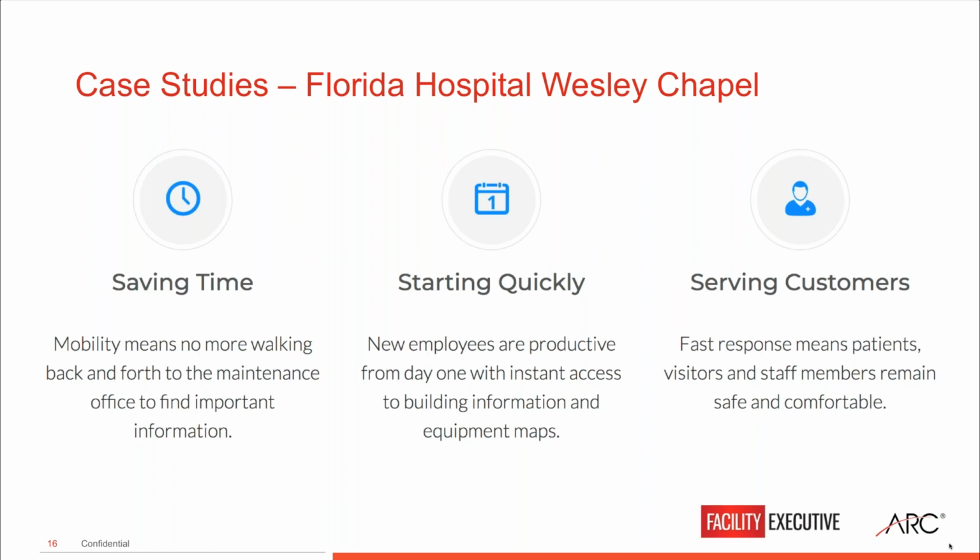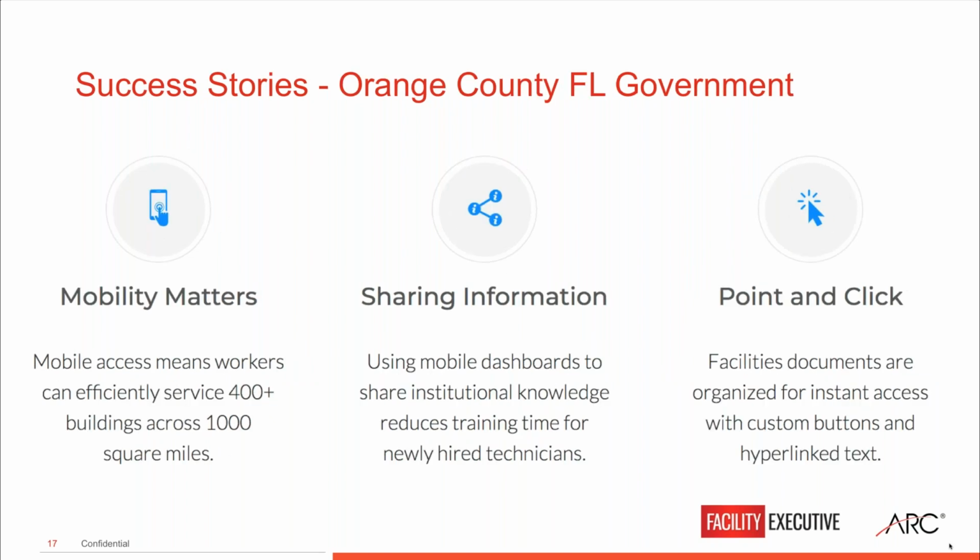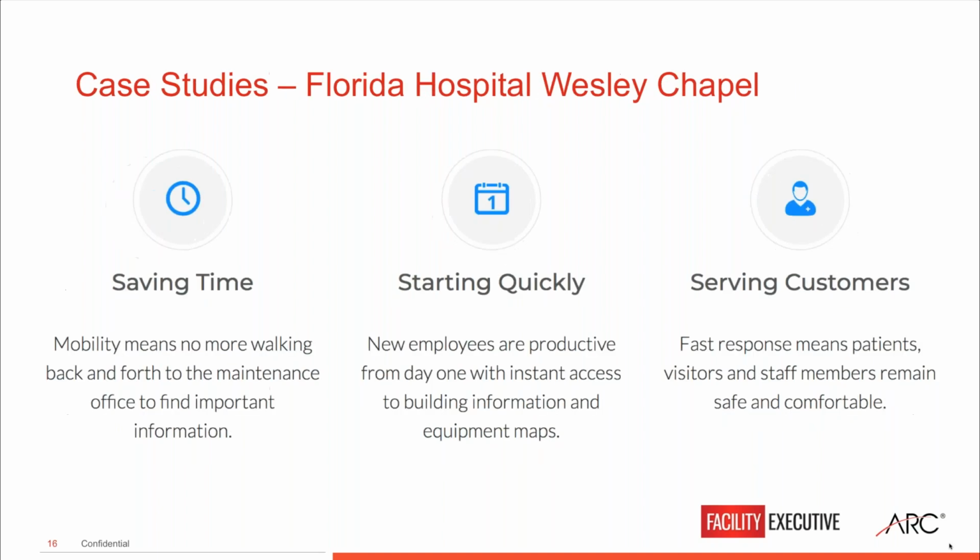Neil? Yeah, Todd, and to add to what you're saying there, especially from the hospital perspective, there's a real cost associated with something being down. In the hospital instance, it can be lives, but equally important, think about it: if I can't use part of my hospital, that's lost revenue as well. Outside of the hospital world too, think about a manufacturing standpoint, or any other